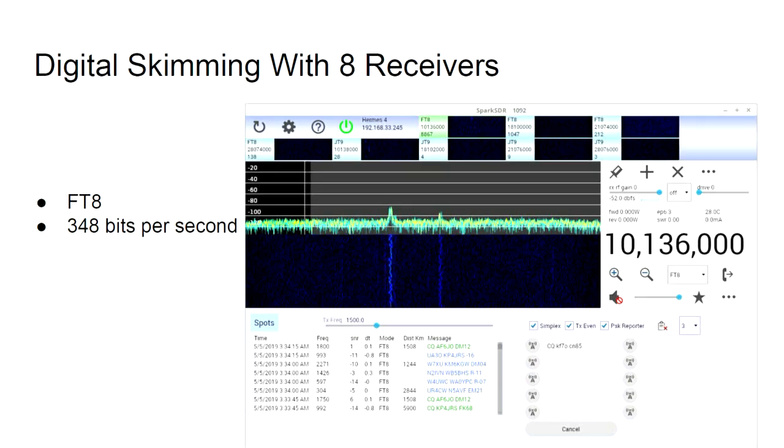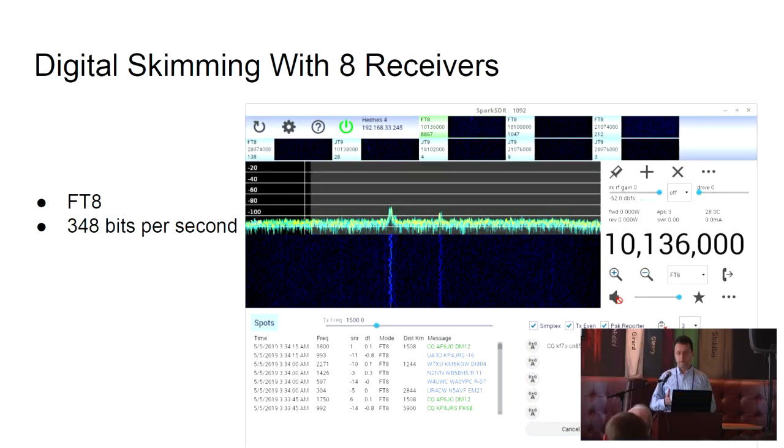Unlike some other SDRs, everything on the shortwave spectrum is very narrow band. We only have it from about 3 to 30 megahertz. So we're not interested in large chunks of bandwidth, but we are interested in many receivers that are listening to small chunks of bandwidth. Here we have a piece of software that is running 8 receivers, and each of these receivers is listening to a different band in the amateur radio band in the shortwave spectrum. And in particular, this one is